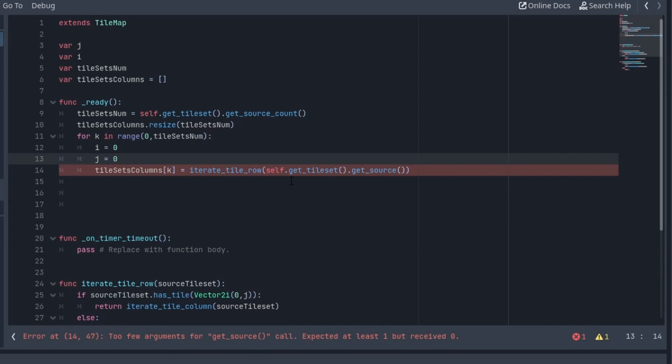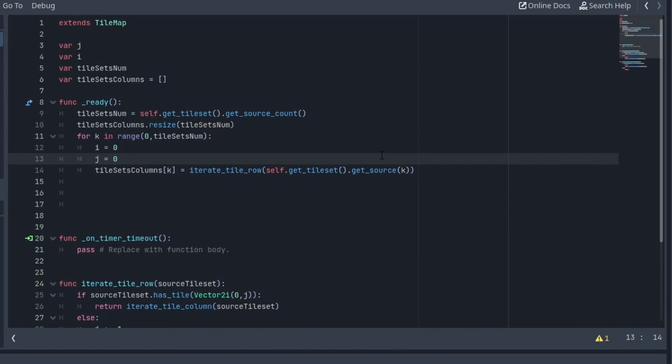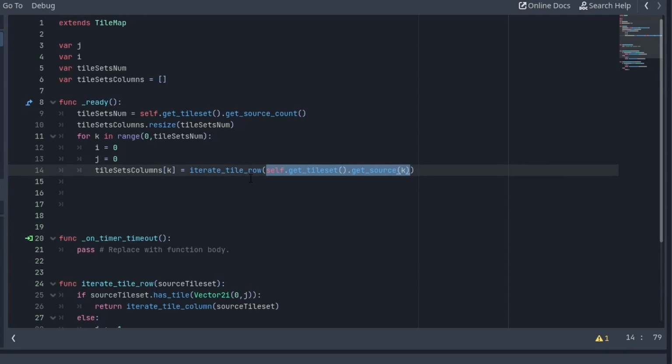Too few arguments. Get source. Oh, forgot that. Okay, so this then inputs the source that we're working on, and then it will output that number